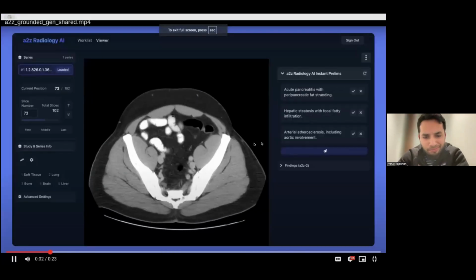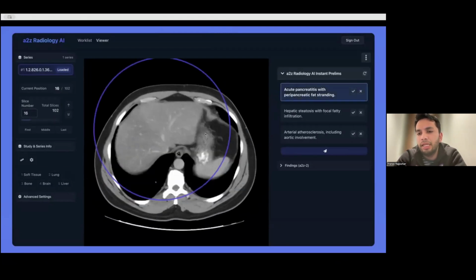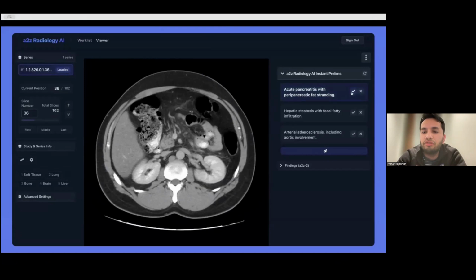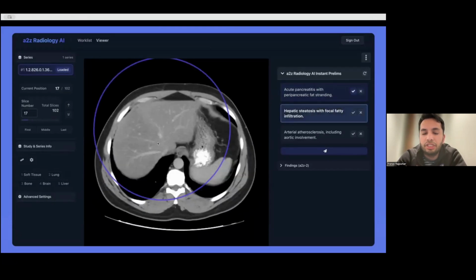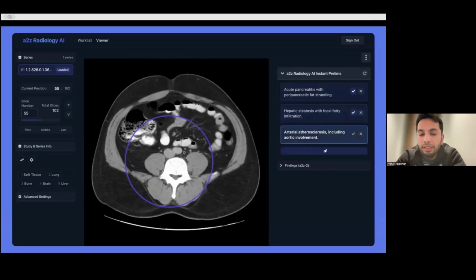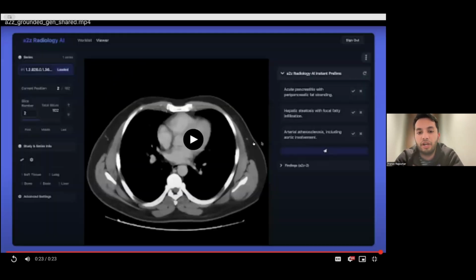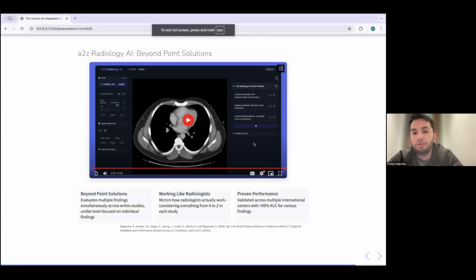So in this case, what we're able to do on this abdomen pelvis CT is generate the lines on the right, where each one of those findings is grounded in a region of the scan, and each can easily be reviewed by a radiologist, and they simply review each case and say whether they agree or disagree with every one of these findings. You can imagine just how much of a time savings this provides to radiologists compared to starting from scratch, and gets us closer to the idea of having this edit and sign off workflow rather than a starting from scratch workflow.